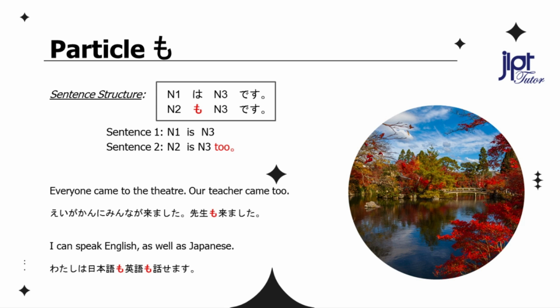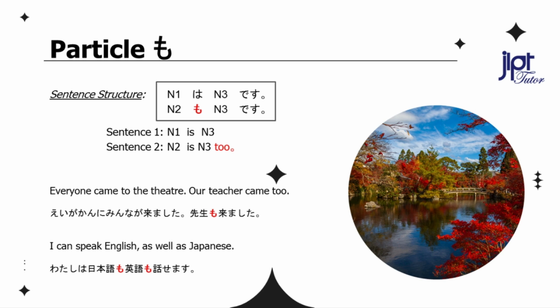Everyone came to the theater. Our teacher came too. 映画館にみんなが来ました。先生も来ました。 I can speak English as well as Japanese. 私は日本語も英語も話せます。